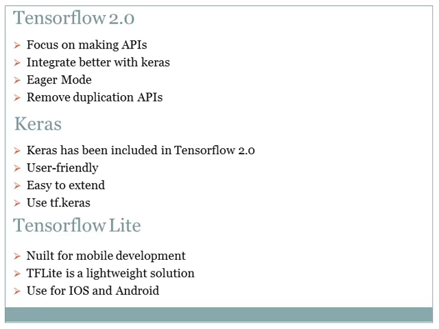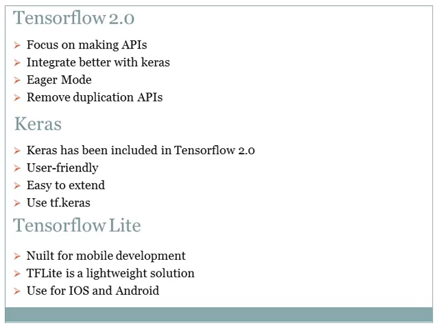Then Keras. TensorFlow provides a high-level API for building and training deep learning models. This was not included in TensorFlow earlier, but in the latest release, Keras has been included in TensorFlow 2.0. It is user-friendly. Keras provides a simple, consistent interface for common use cases. It is modular and composable. Keras models are made by connecting building blocks together, and are easy to extend. You can create or update new layers, metrics, and loss functions, and it uses tf.keras for using Keras models.